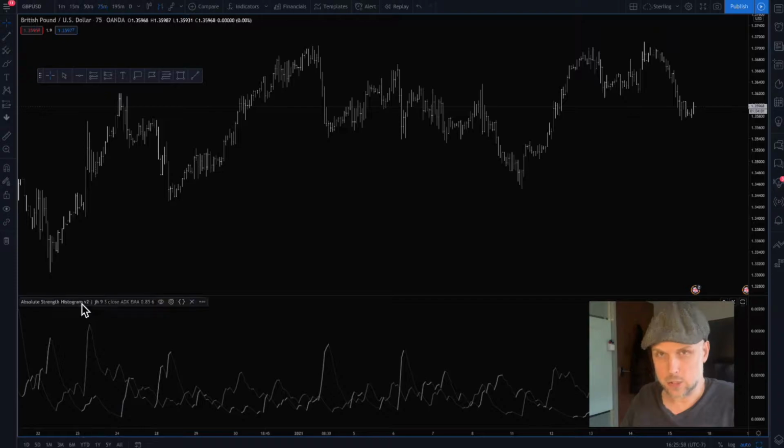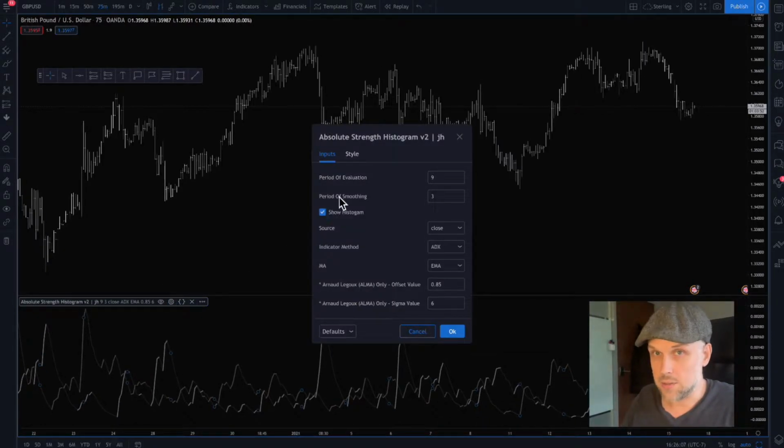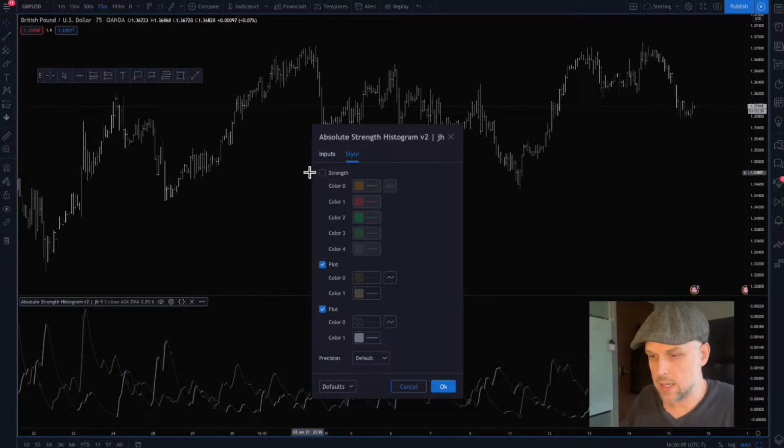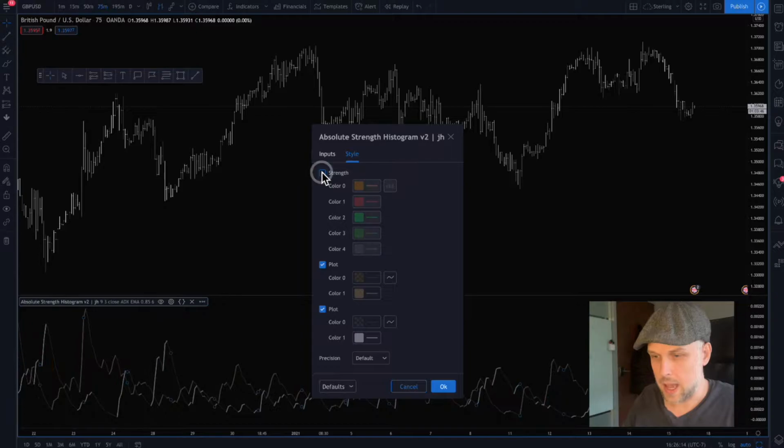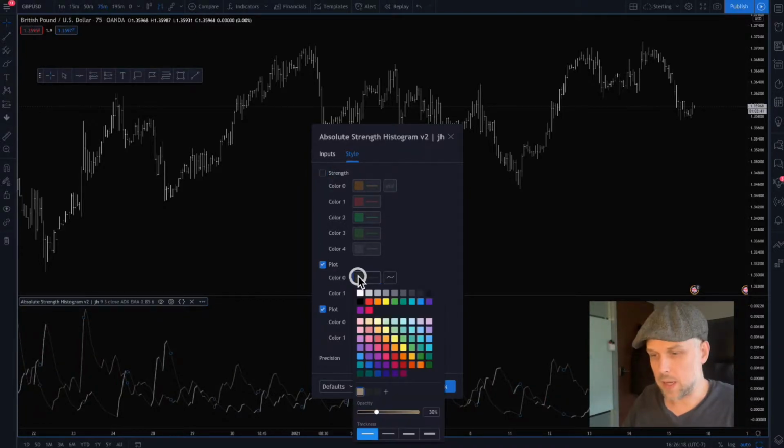Now, I color it differently. When you first open it, it's going to have a histogram and it'll be all kinds of different colors. I like things nice and simple, and so I take away the strength, the histogram side. I just need the plots. That's all I'm after. And the plots, I color them in such a way that the